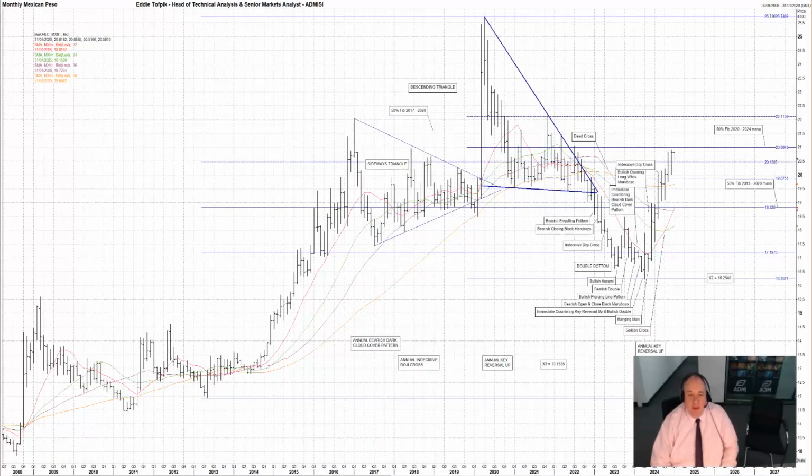Today I'll be looking longer term at US dollar versus the Mexican peso. There is a major pattern here that has been triggered at the close of December 2024. I'll go into this shortly, but first a look back a bit in time, and there were two patterns, one key and one, well, not so key, that emerged during 2022, both triggered. Additionally, these patterns nullify the annual key reversal up seen in 2020.